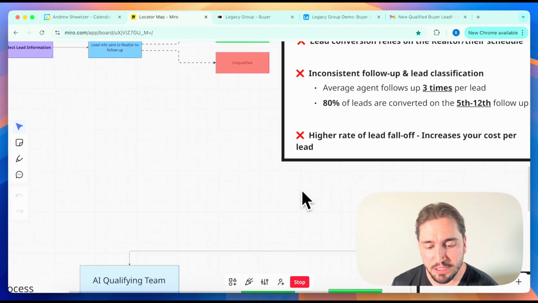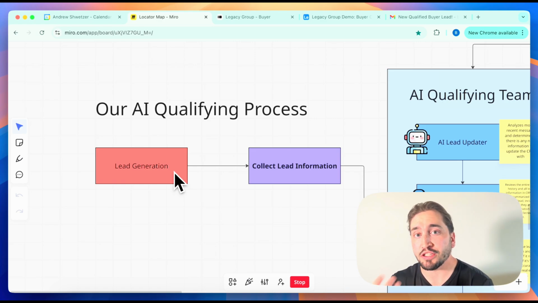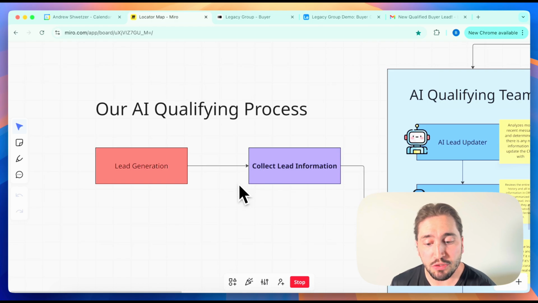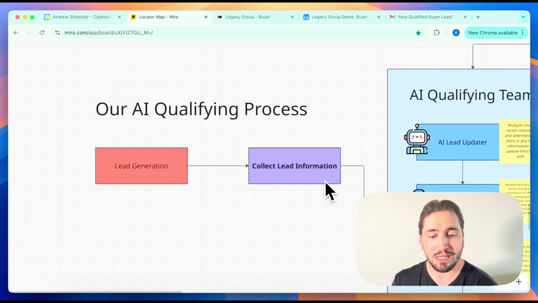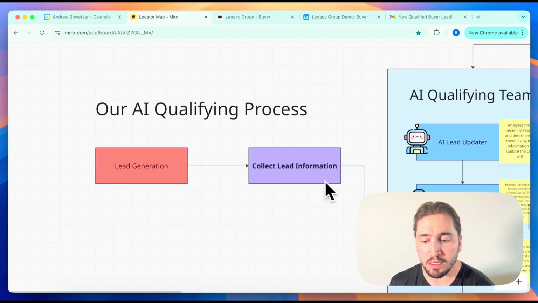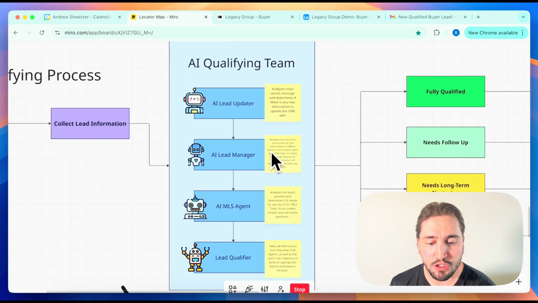So how is our system different? Well, it starts off very similar with lead generation. For us, we like to do Facebook and Instagram ads mostly. So we run those ads and that leads to a form where we collect their information, whether it's a buyer or a seller. We're collecting their contact info and either a few details about their search criteria or maybe their property. From there, instead of passing it off to the realtor, we are then handing it off to our team